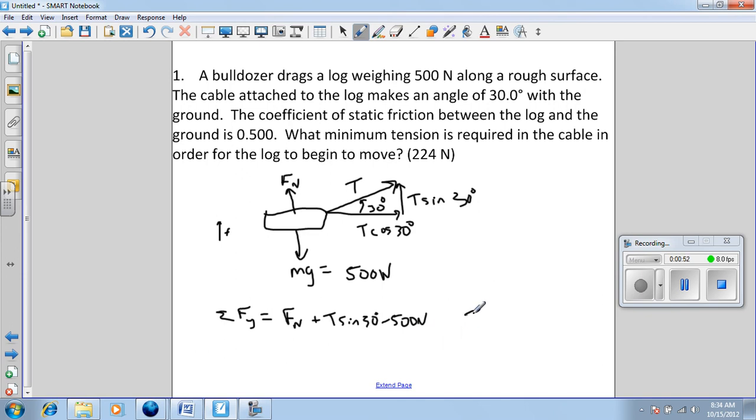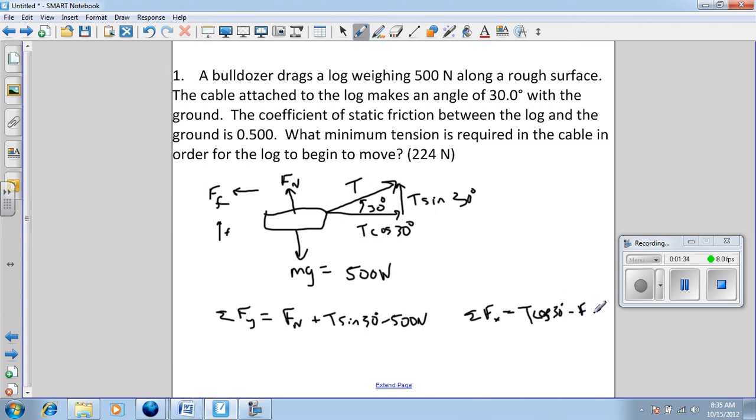Then our x equation is going to be, let's see, we have the force of friction also this way in our diagram. So here, the minimum amount of tension required means that this component of tension right here has to just be equal and opposite to this opposing force of static friction. So that would be T cosine 30. Oh, this is cosine instead of sine. Minus friction